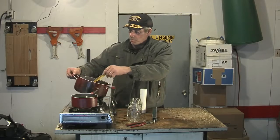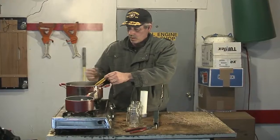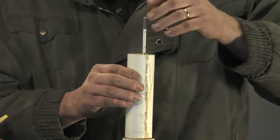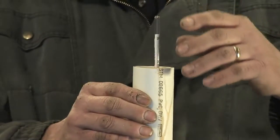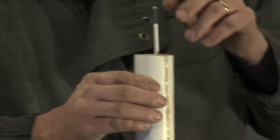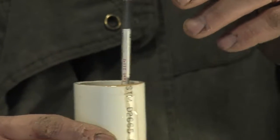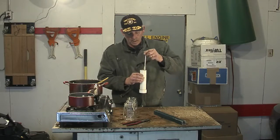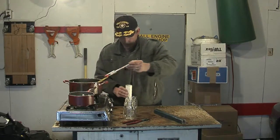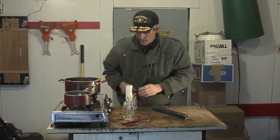The maple syrup's been boiling for a while, and I'm pretty sure it's time to check the hydrometer again. And it is. It's right at the red line at the top. It's ready to can. So we take the hydrometer out, wash it off in a little water, and put it back in its holder so it doesn't get broken. Then what we do,